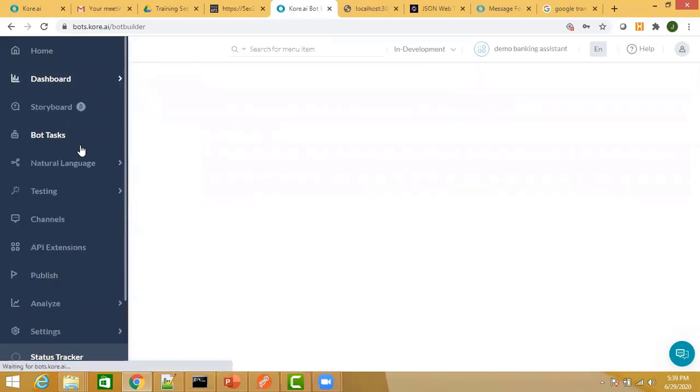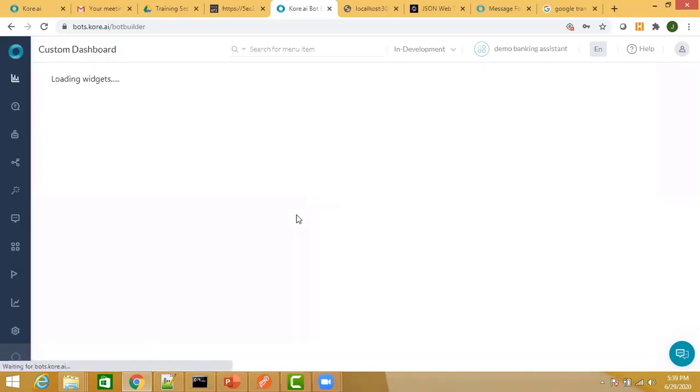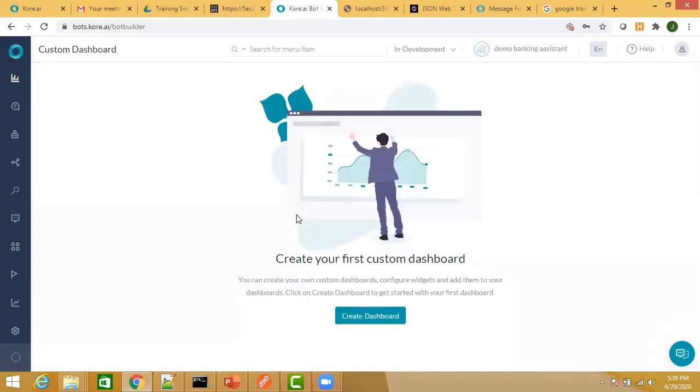So click on custom dashboard. In a custom dashboard, you can create your own dashboard, and within that dashboard, you can enable multiple widgets, and within the widgets, you can display information as per your requirement. To build the widgets from the platform end, we expose various analytics data. Whatever is captured in the analytics report is available to the developers so they can build the dashboard metrics using that data.